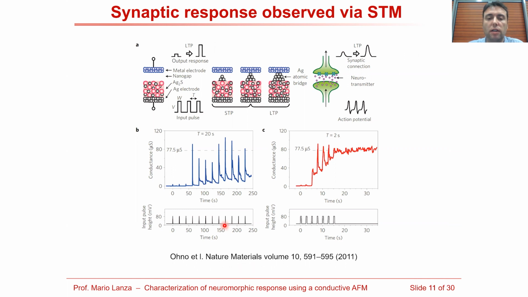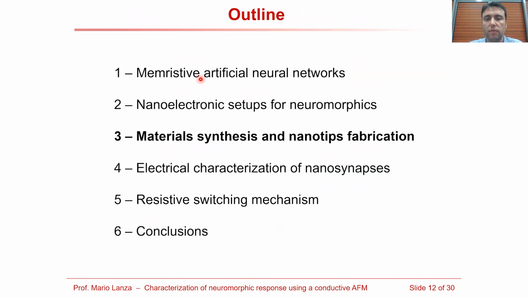This was done and some relaxation and some potentiation was successfully demonstrated. However, in this setup, there is a big problem: between the metallic tip, which serves as electrode, and the material and bottom electrode, there is a nano gap, which doesn't meet the real conditions of devices. So what we are doing in my group is to use a conductive atomic force microscope instead of the scanning tunneling microscope, because in a conductive atomic force microscope, there is no nano gap between the tip and the sample.